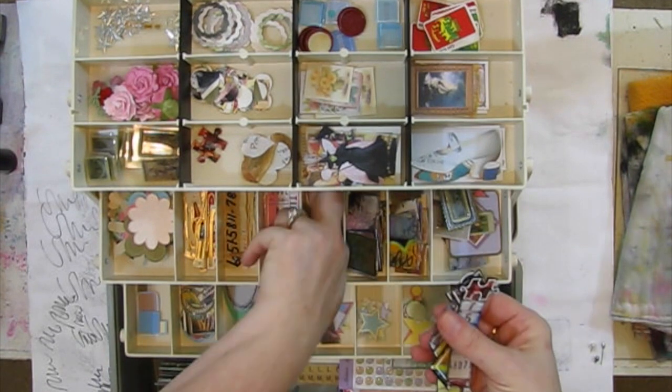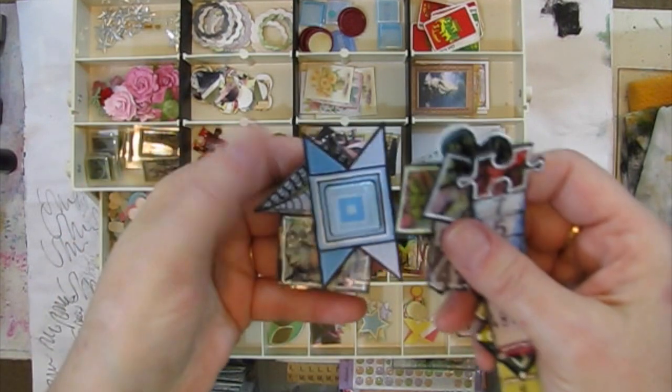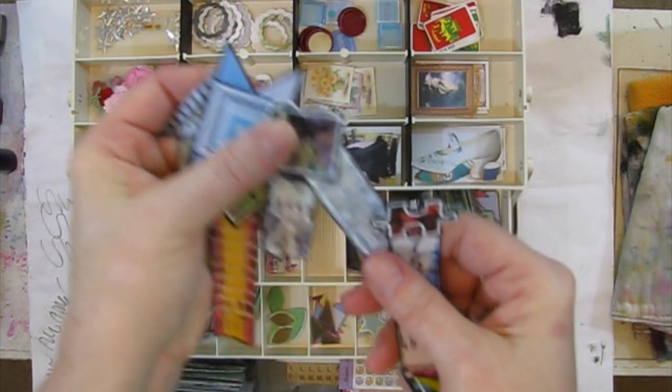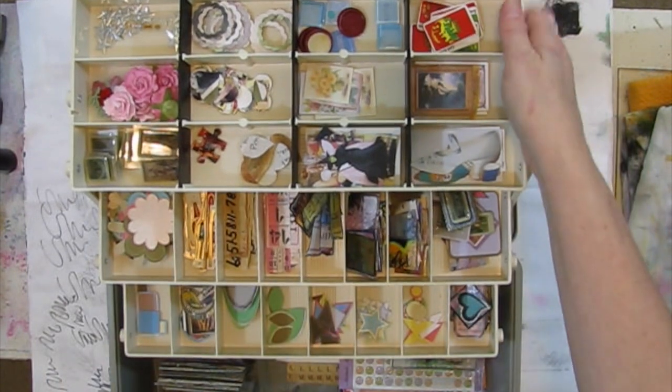I think some of these are almost done. That one just needs a little something, I don't know what, and that one probably just needs to be sealed, and I really like these. So, okay, that's what that is. Down here in the bottom,